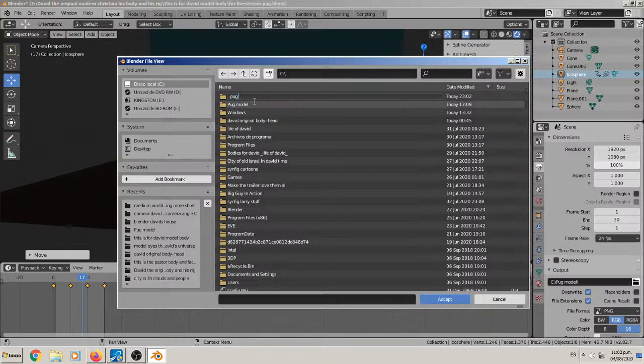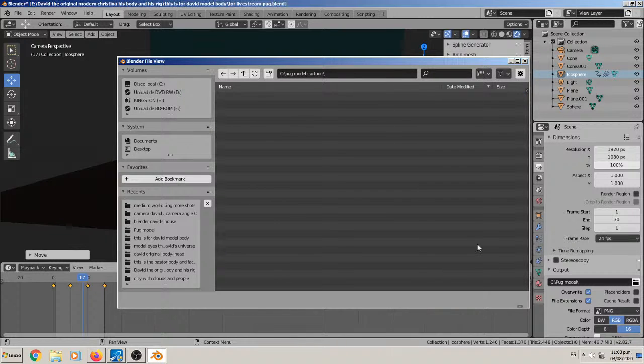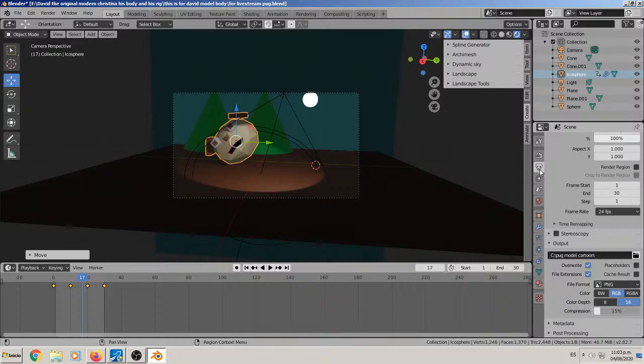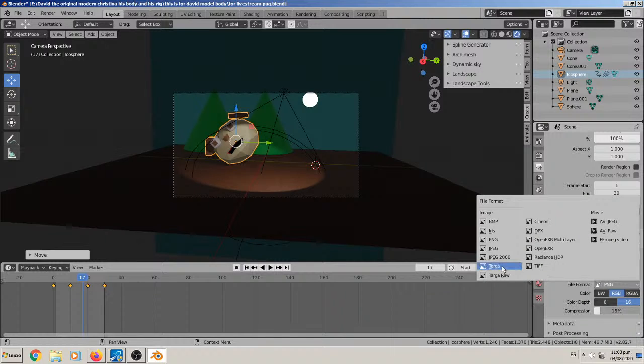So I'm going to put a folder here, Pug Model Cartoon. This is where we're going to put our images, a set. Right here. This button right here, I forgot to explain to you. This is the output properties. This button here, when you finally finish your work, you get the cartoon here, you put the file, the folder, put the directory, you select PNG or JPG. Some people know how to use JPG, but I'm gonna just simplify things with you. You don't need to use Iris or BMP or JPEG 2000 or Targa. Just use PNG,